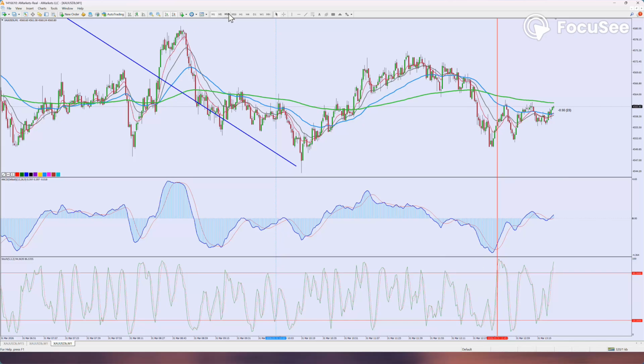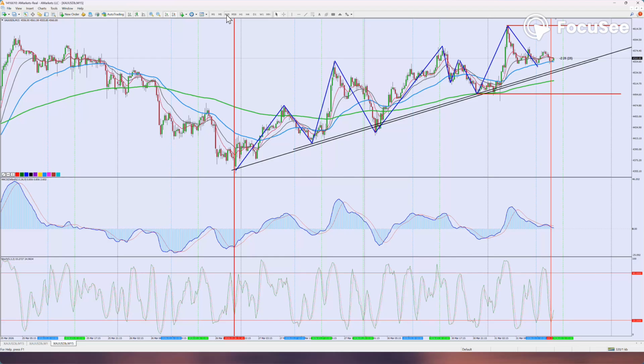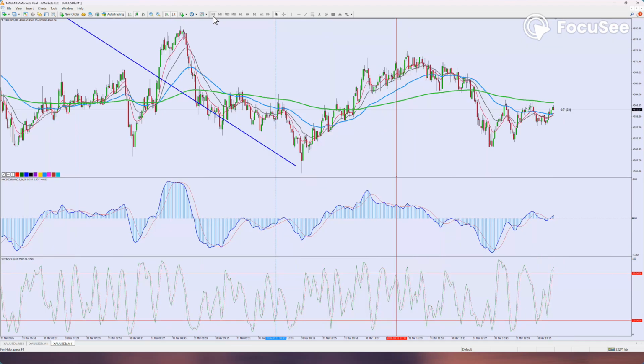But I want to go up again and find a good one in the previous time. See, if I drag this line to the previous high, the stochastic is at the top and my MACD is almost crossing upward, but it's going downward. Let's see if in the lower time frame we could find another entry in 1 minute. We do the same thing. We draw a